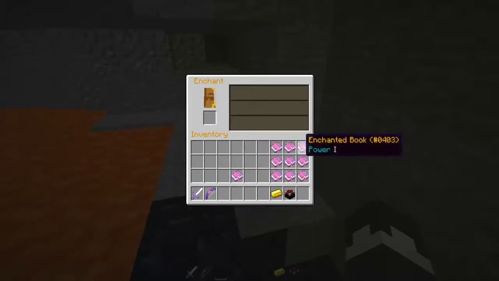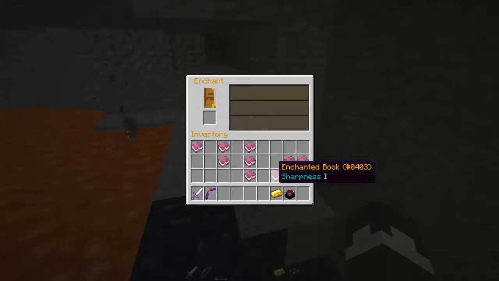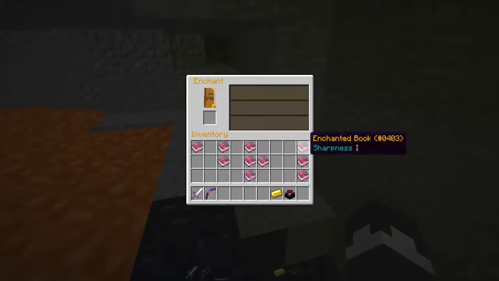All right, so power. Let's categorize these. Let's put the crappy one over there. Well, protection right there. Protection right there. Power right there. Sharpness, and power. Yeah, this was protection. So these are all power. These are sharpness, and these are power. Now,